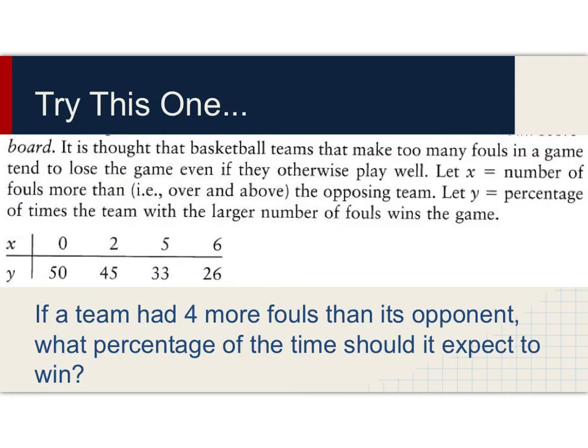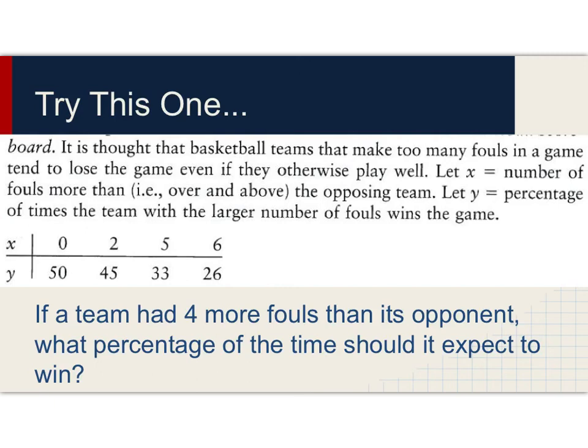But anyhow, it's time for you to give a problem a try. It is thought that basketball teams that make too many fouls in a game lose the game more often, even if they otherwise play well. So we've got 4 data values here for the number of fouls over and above the opposing team, and we